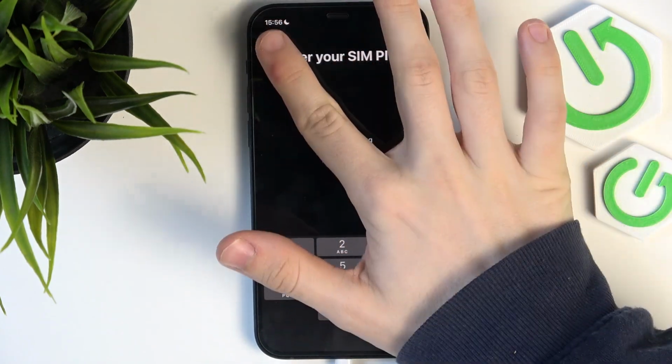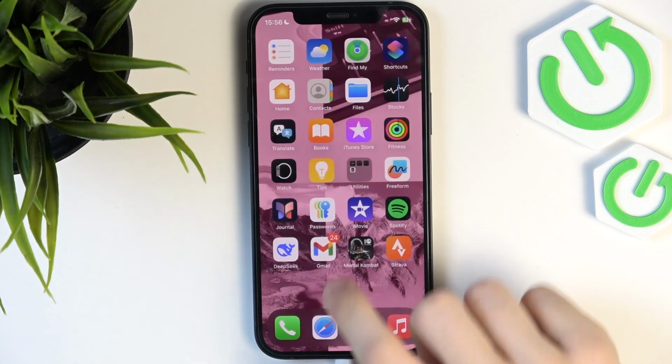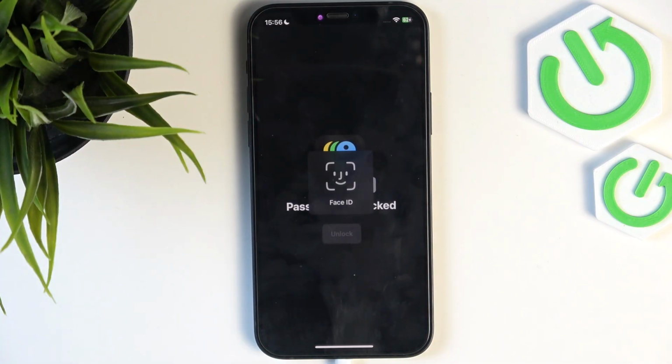And if the Instagram still doesn't work, you may want to reinstall it. But before you do that, make sure that you know your login and password to the Instagram, because there is a high chance that once you uninstall the app, it will log you out. So if you're not sure what your login or password is, then you may want to go to the Passwords app. In the Passwords app, you will see